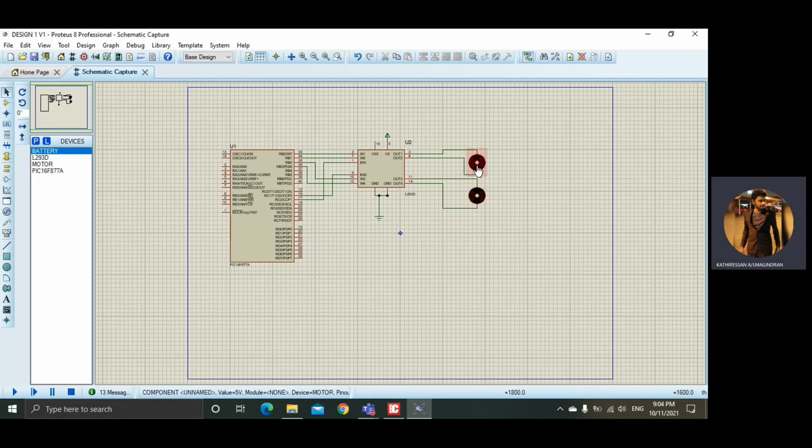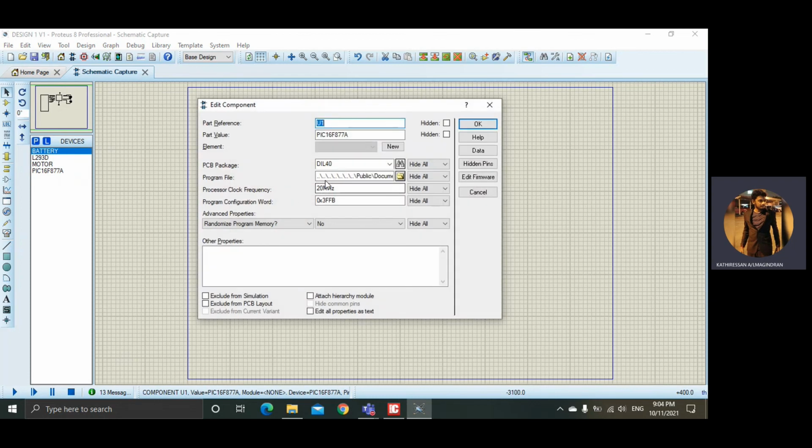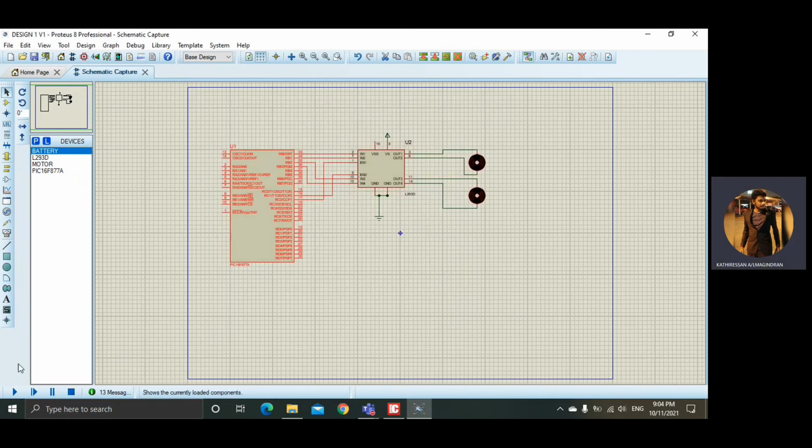This one is the right side motor and this one is the left side motor. So we double click and set the processor clock frequency to 20 megahertz, and we upload the program file here and then click OK. We run our program.